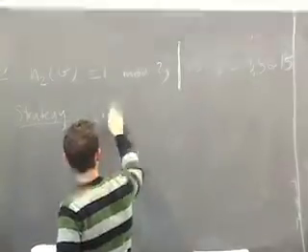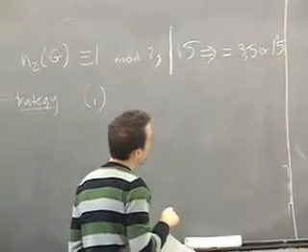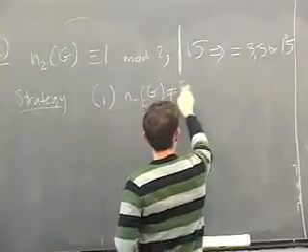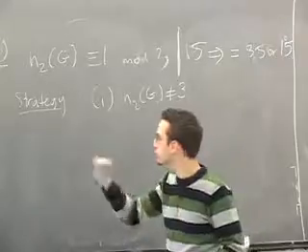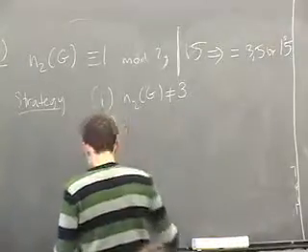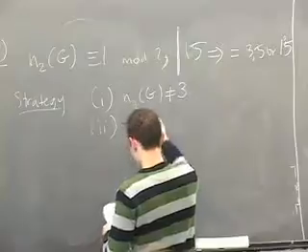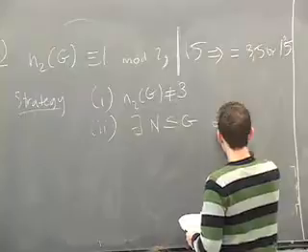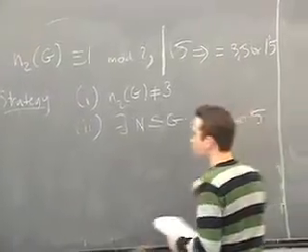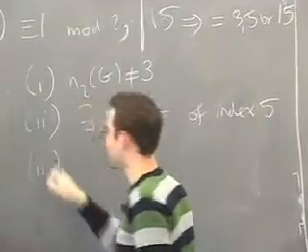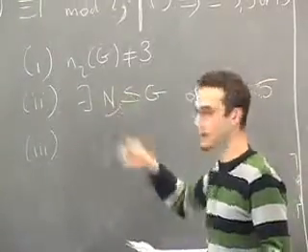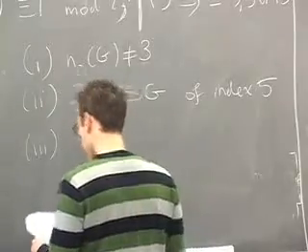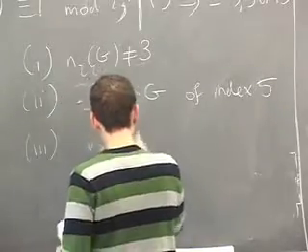So the strategy that I'd like to use is first show that this thing is not 3 by just general tools. Then show that there exists a subgroup of G, call it N, of index 5. Now, this should be ringing a bell. I'm using the letter N here, so this will probably arise as the normalizer of some Sylow P subgroup. And the third thing to do is to use the action